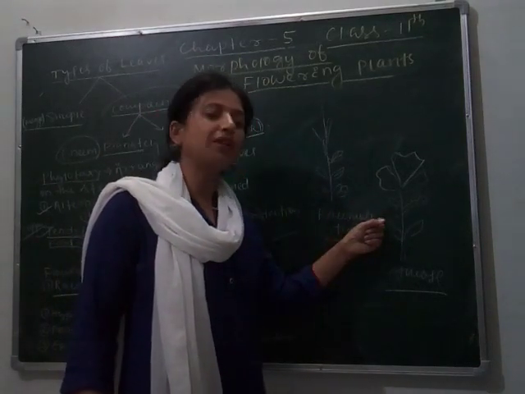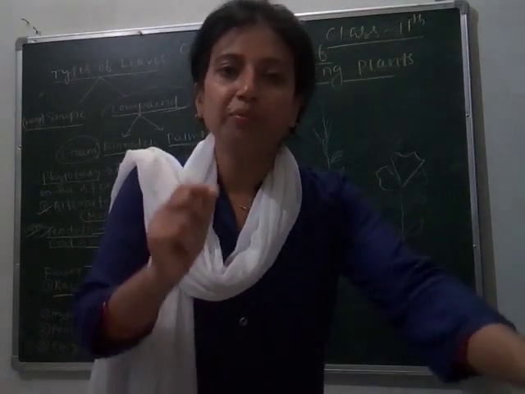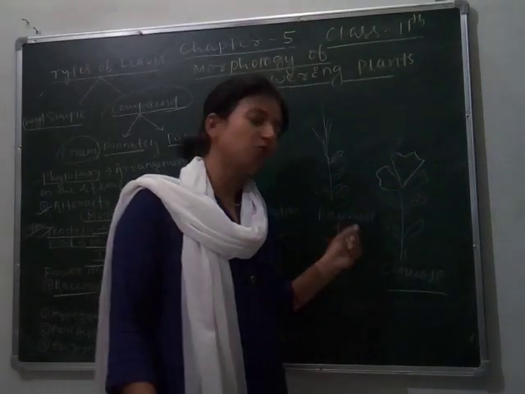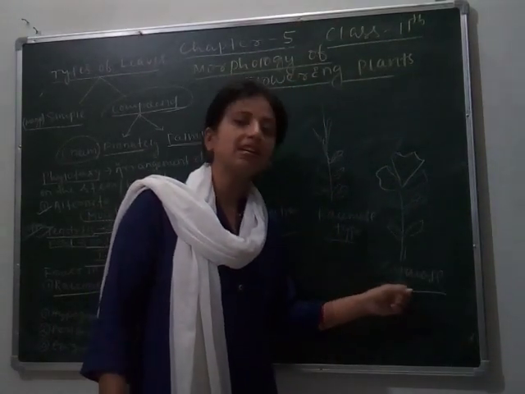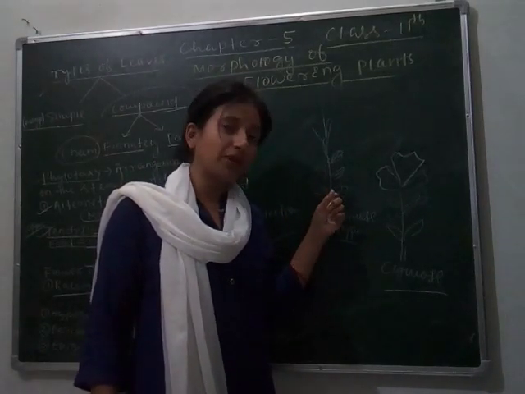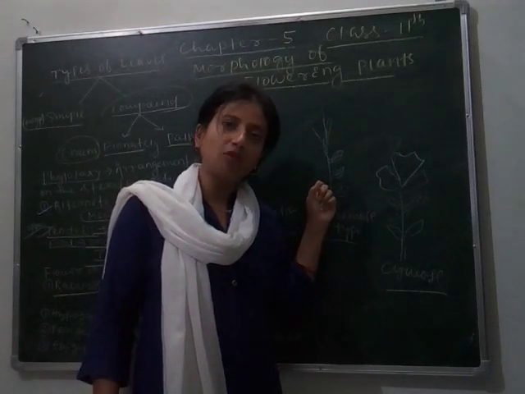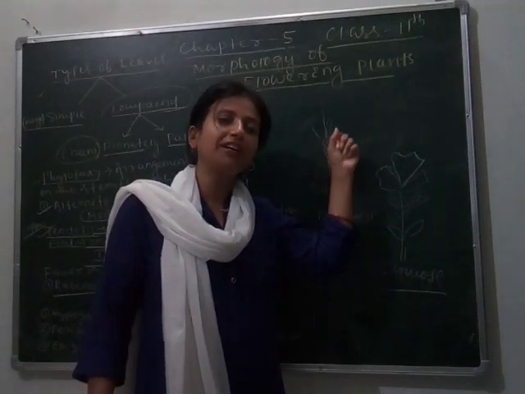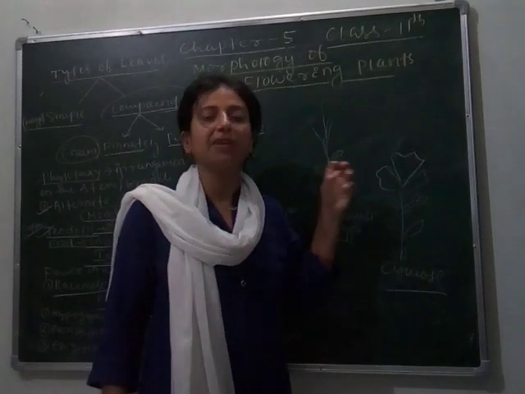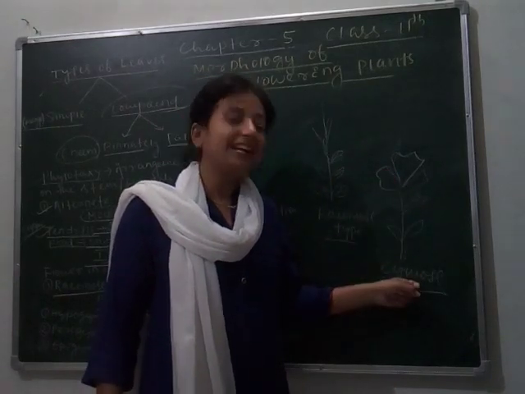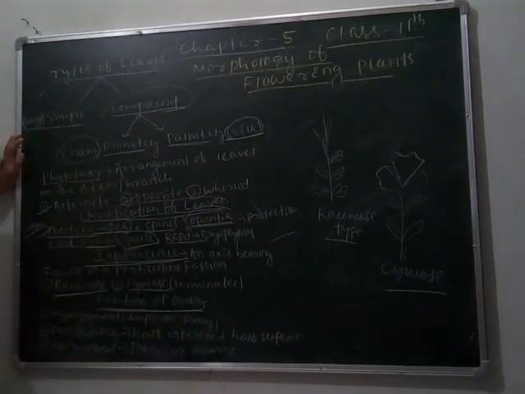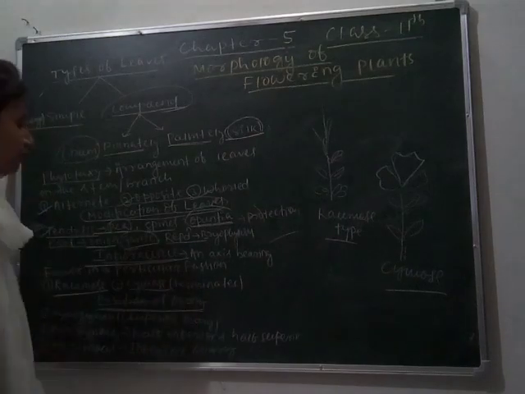So what is the difference between them? We are studying inflorescence. Inflorescence means the arrangement of flowers on the floral axis, and it is of two types: racemose and cymose. In racemose type, when the flowers arise from the floral axis, leaves also arise and the floral axis tends to grow. But in the case of cymose, the floral axis terminates after flowering, meaning no further growth takes place. Is that clear? This is about inflorescence. Next is the position of ovary.